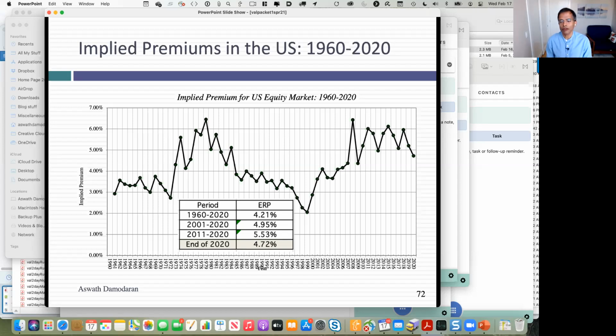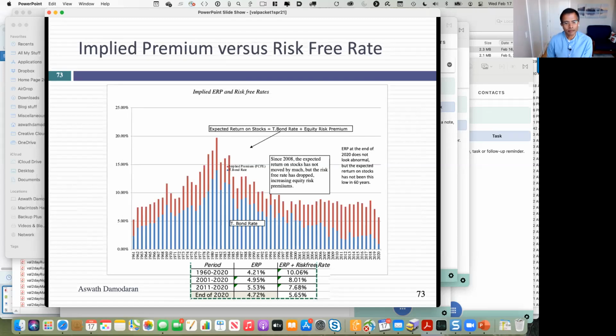But if I just looked at the equity risk premium, there's nothing there that leads me to put red lights going off, get out of stocks now. And I did this graph as one of my first posts this year. I said, look, just based on the equity risk premium, I am okay with this premium. But I'll tell you the number that bothers me. Remember that 5.65% that I showed you? That's a total expected return, not just the risk premium, adding the risk-free rate. That number is at a historic low. It's way lower than it was in the last decade, the last 20 years. In fact, the number has never been lower in all of the 60 years of history that I've looked at.